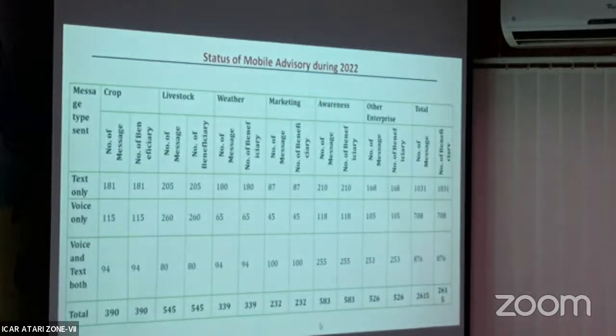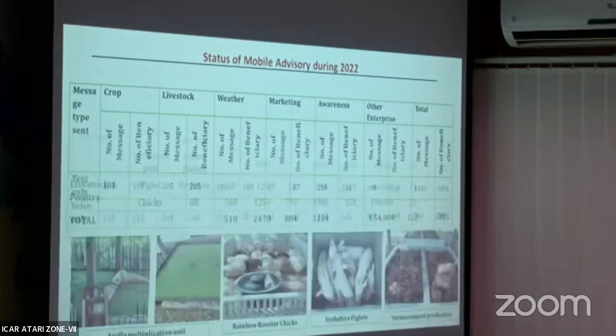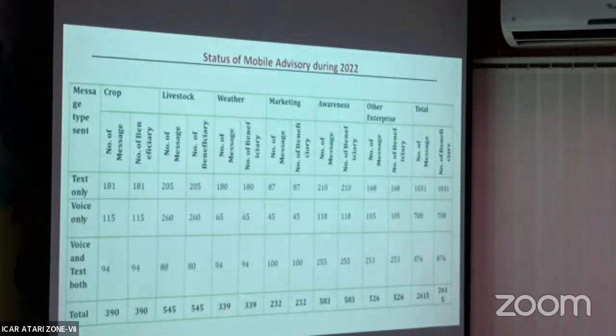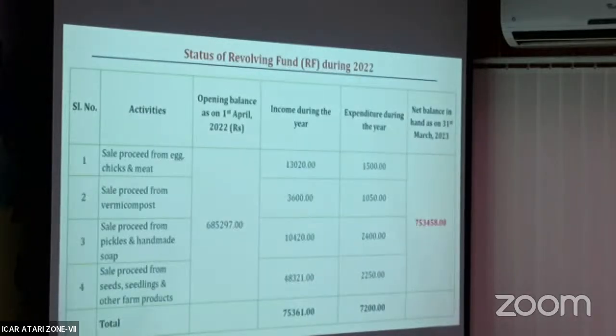And then these are some of our achievements. The supply of seed material to farmers, was that free of cost or with some nominal charge? We are giving some price tag, a very nominal one, because if we give them free of cost, they think that everything is free, so whatever they are getting in hand becomes valueless. So to make some value, we are putting some price tag here. And then this is the status of our revolving fund.